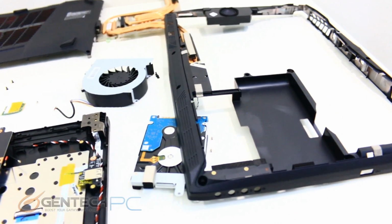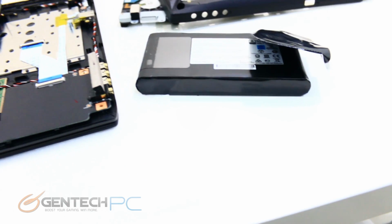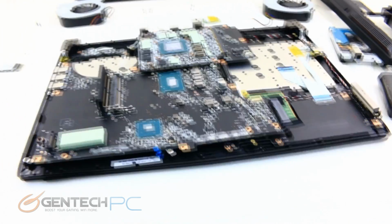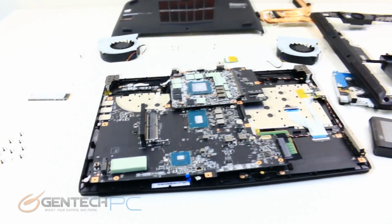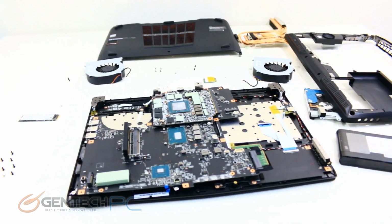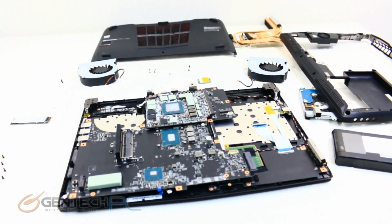So one last sweeping shot of all the parts laid out everywhere. This was a really fun system to work on today. We were not disappointed with it, and we hope that you weren't either. Now, of course, this is going to be the end of our review. We do hope that you enjoyed the video, found it educational and entertaining. Hopefully it answered any questions you might have had about the MSI GT63 Titan, but if it didn't, of course,